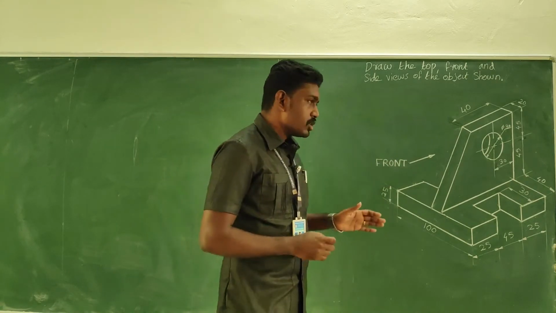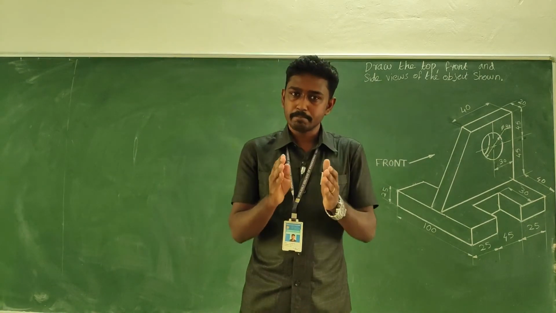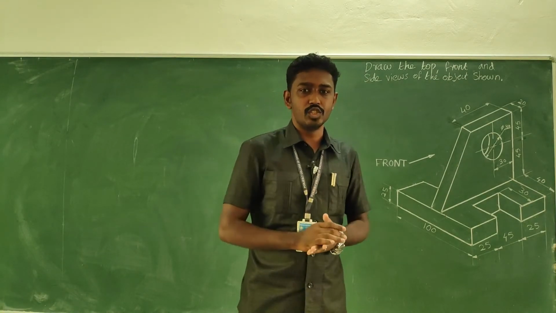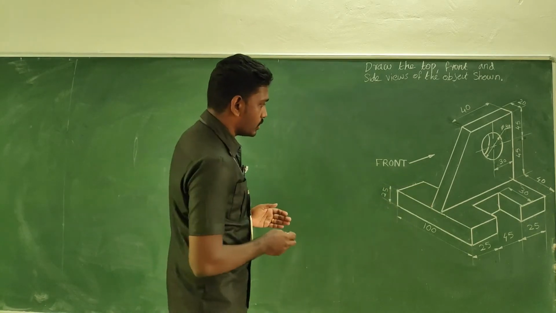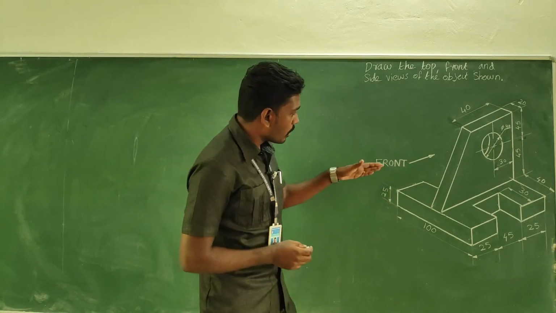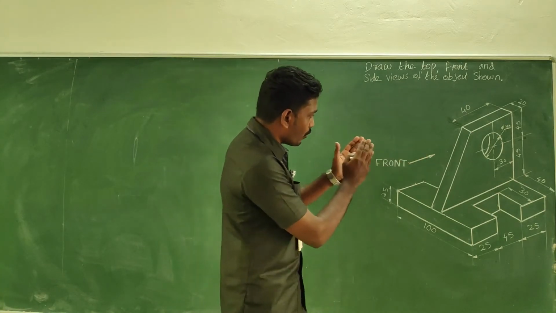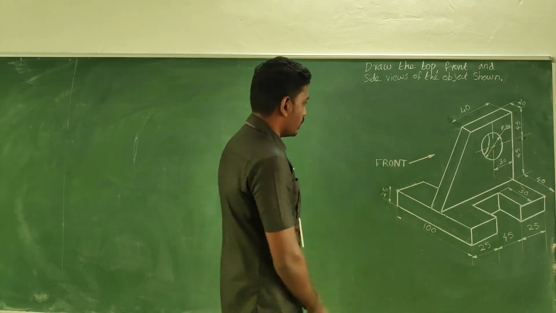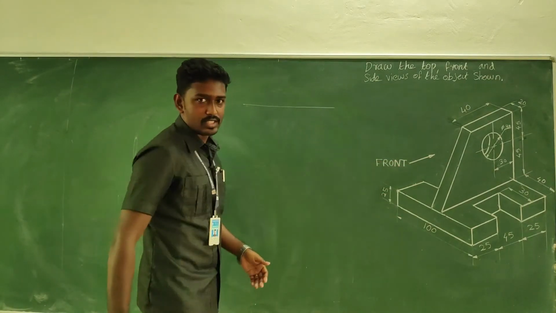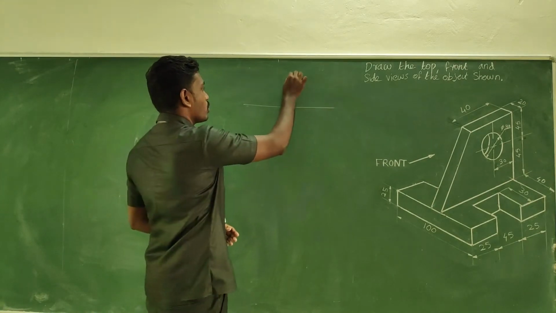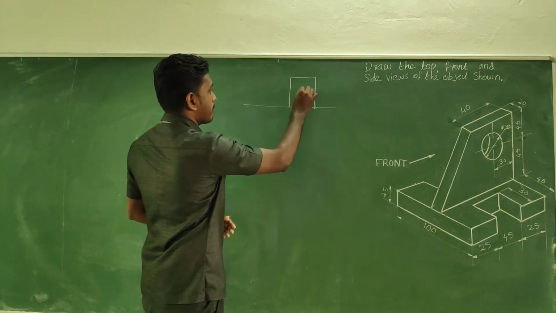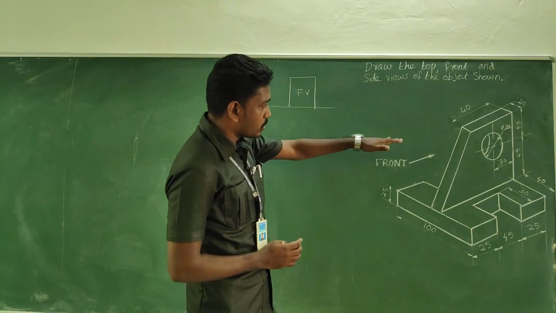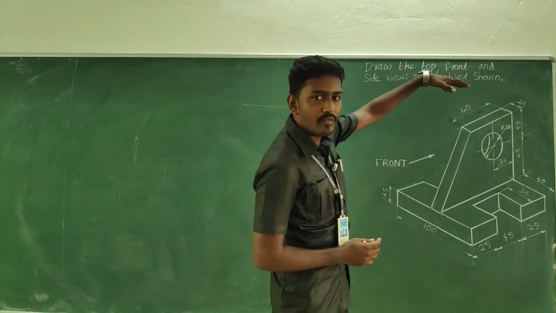So whenever we are drawing the freehand sketch, first of all, you have to decide the views to be drawn. In this, see, the direction is shown like this. So this will be our front view. As far as the first angle projection is concerned, the front view is going to lie above the XY line like this. And if it is a front view, looking at this object, the top view is also visible for us, right?